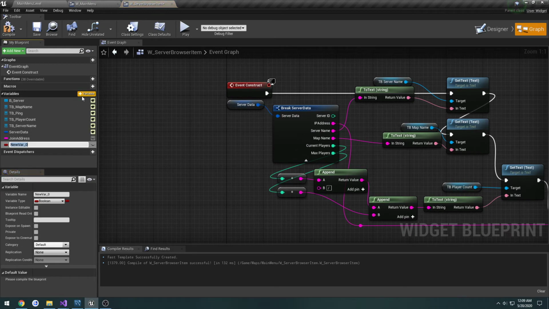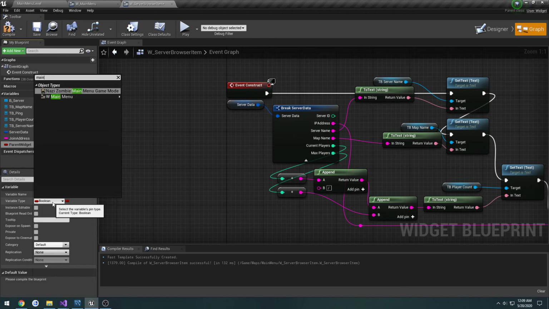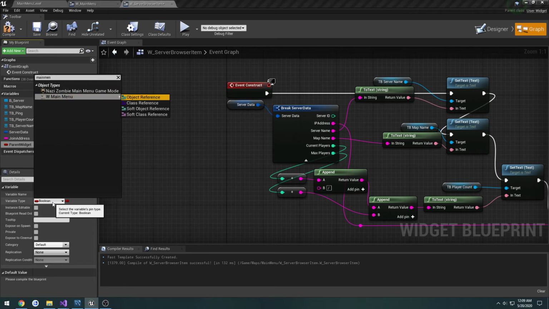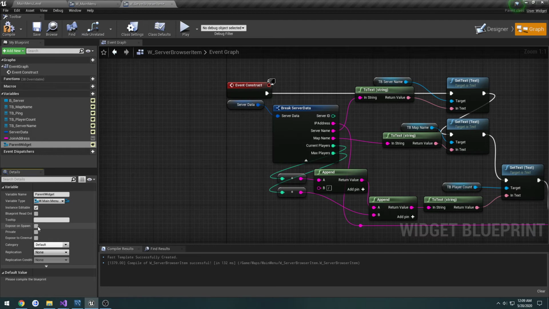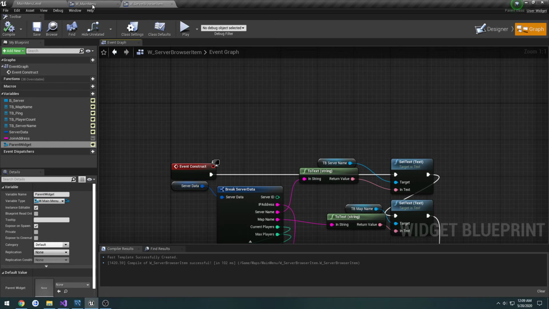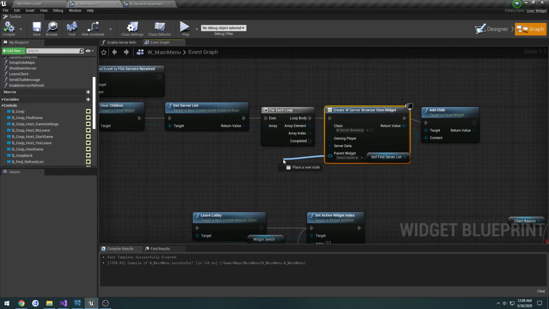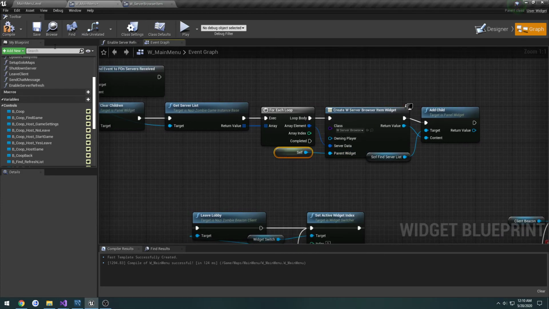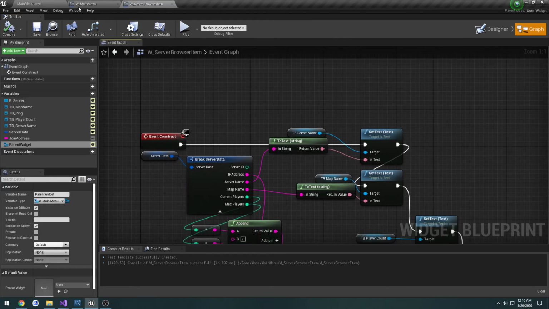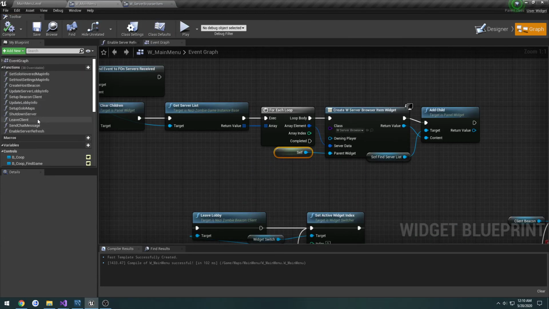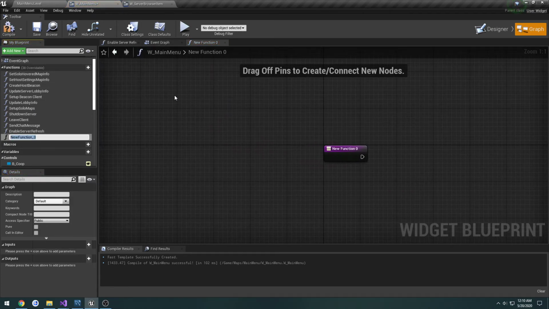I'm going to call this one parent widget because I want the functionality to be in the main menu. And it's going to be of type W main menu object reference, instance editable, expose on spawn. And I'm simply going to refresh here. And it's going to be a reference to self. And I want to create, unless we already have one, which we do not, a new function in our main menu